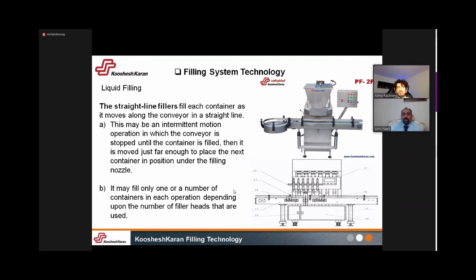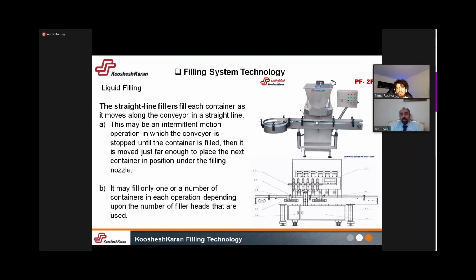For example, among these machines we have in Kushesh Karan, the model machine is PF2P. This machine is an inline machine, with two pistons. These pistons are not rotary pistons, they are inline pistons. For example, we use this kind of machine for jam, filling the jam in a